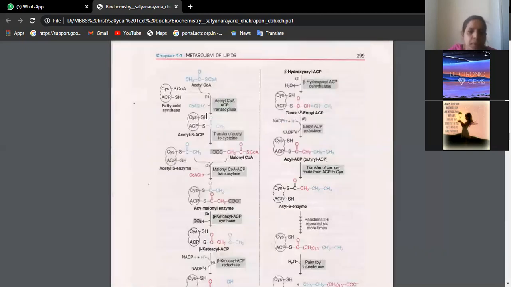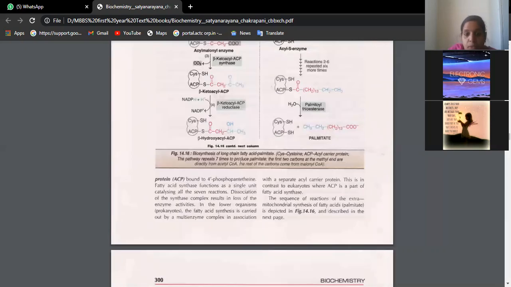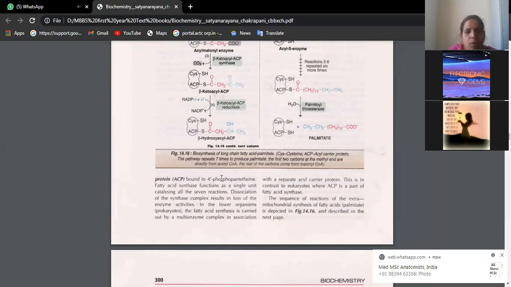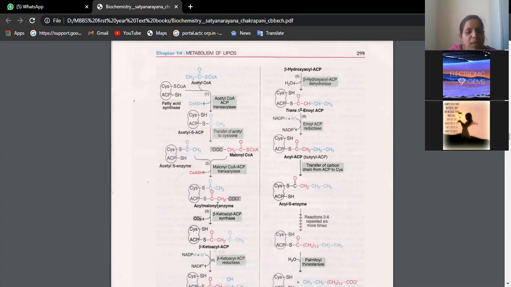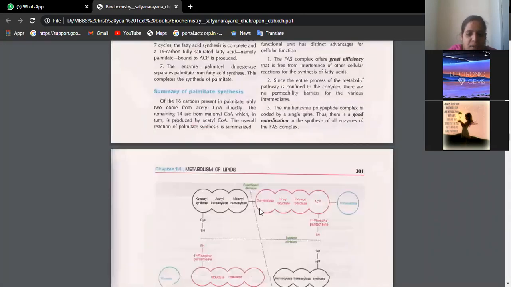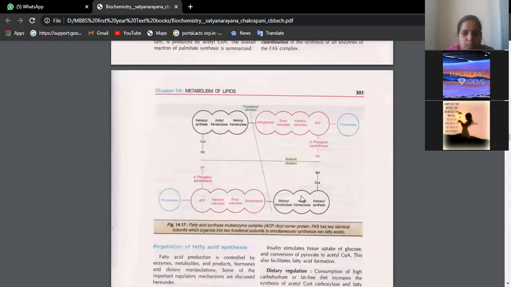Yes, this one is better. So now de novo synthesis of fatty acid, like it's being asked now. See what the steps are. Acetyl CoA is the first precursor we want. From here it is converted to acetyl-ACP, then to malonyl enzyme. So many complicated steps, but the most important thing we have here is the fatty acid synthase complex. I gave you the code: KAM DEKA T.